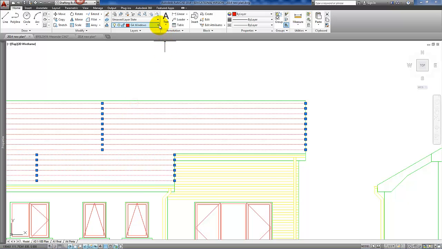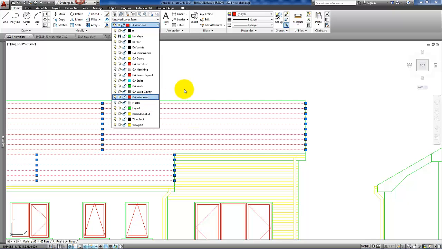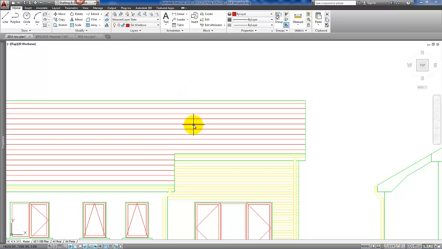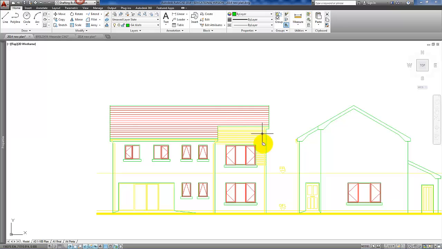But we'll just move that over to the roof layer. There is no roof layer. That's why it's not the roof layer on that drawing. But if you put those on the roof layer and just make the color red, that will show the roof